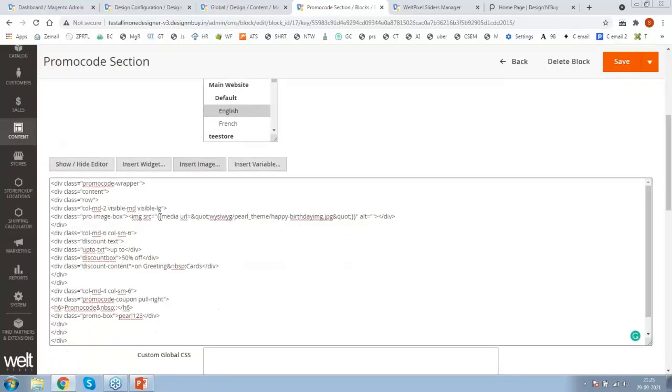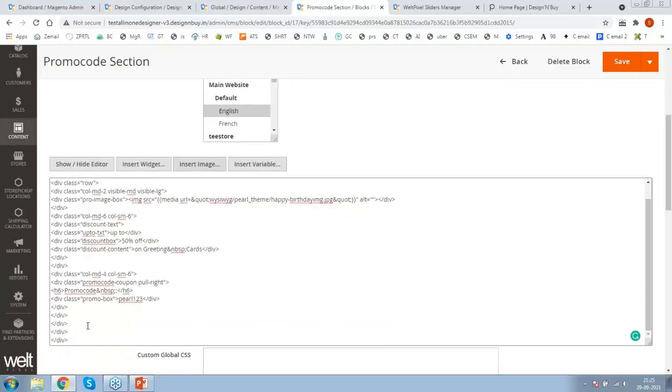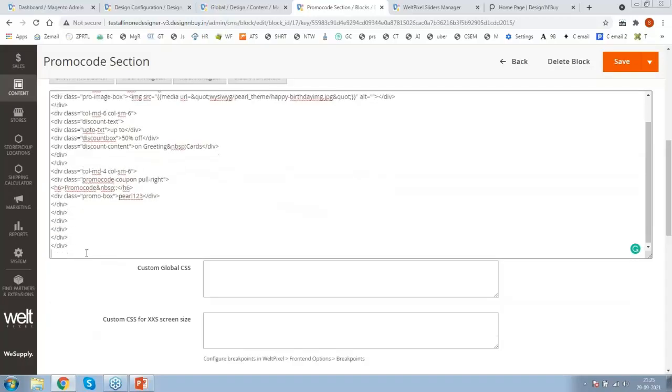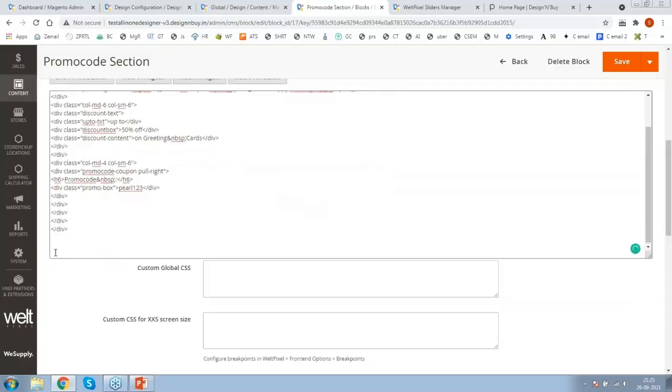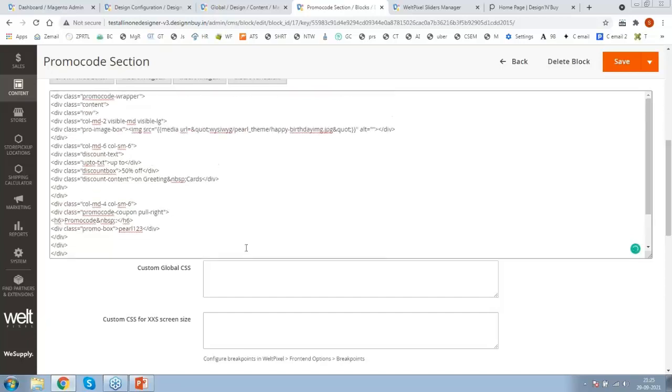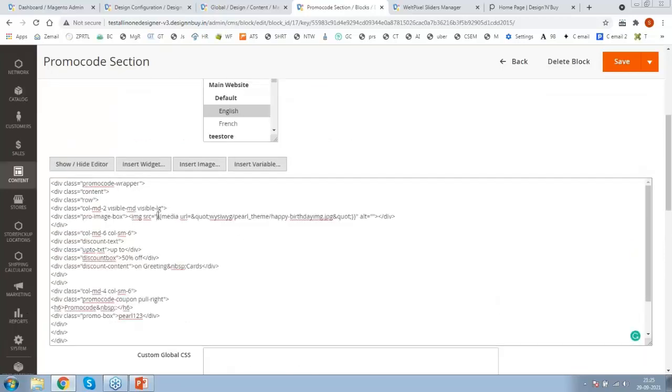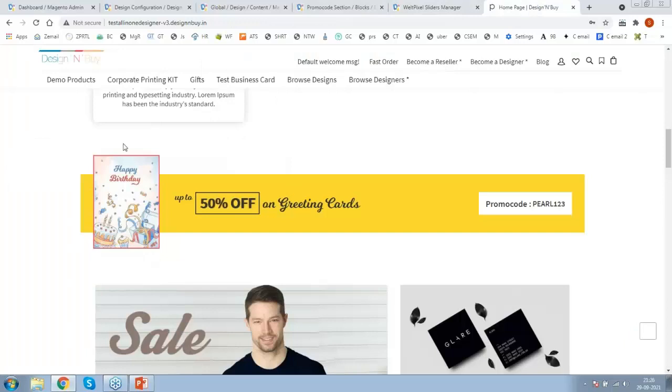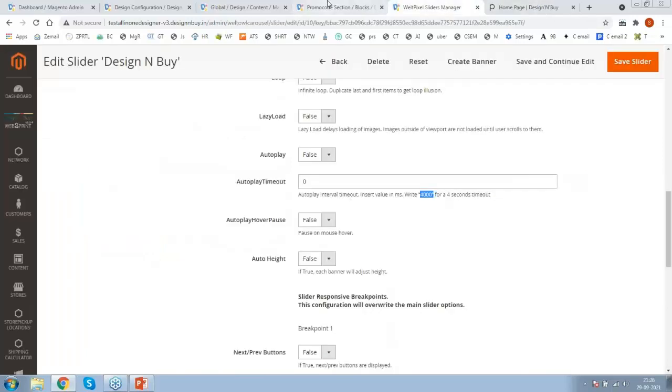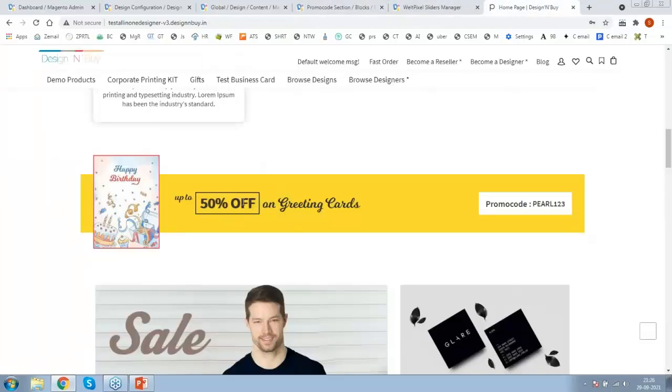This will create a new URL over here. If you are not that good or efficient with HTML, then here you can insert the image. It will create a new URL, and that URL you can simply put here. Accordingly, you can put your new URL for the new image so that you can change this happy birthday image. Then you can change entire block. If you're good with HTML and if you know HTML very well, entire block can be changed properly.